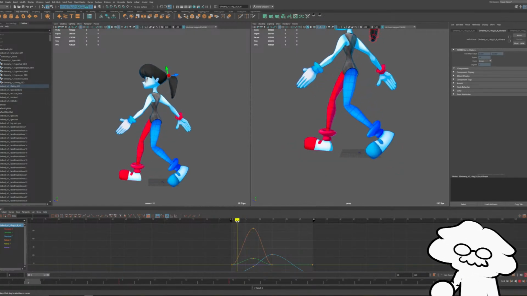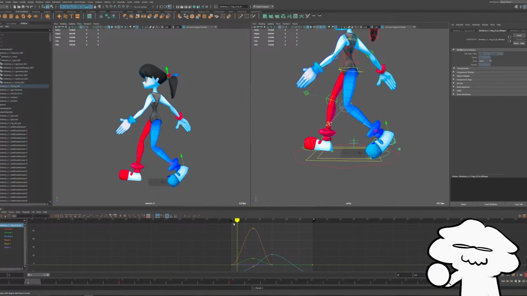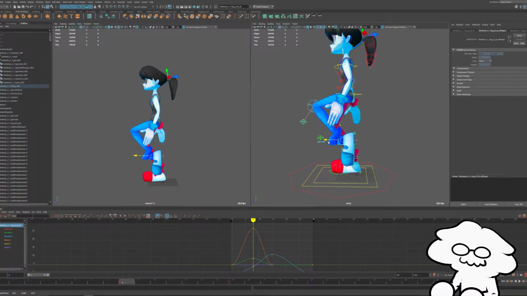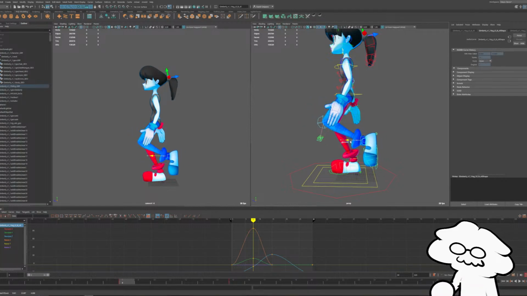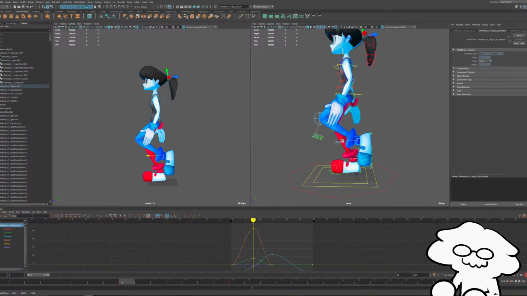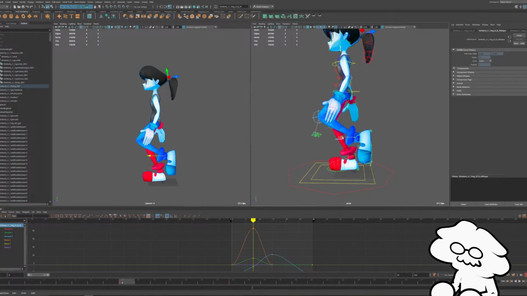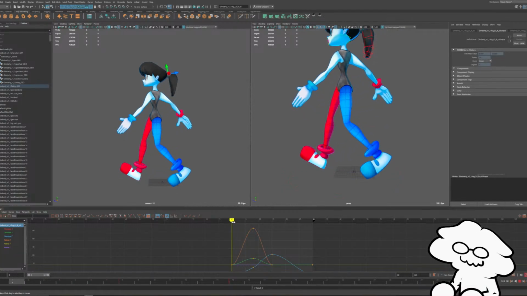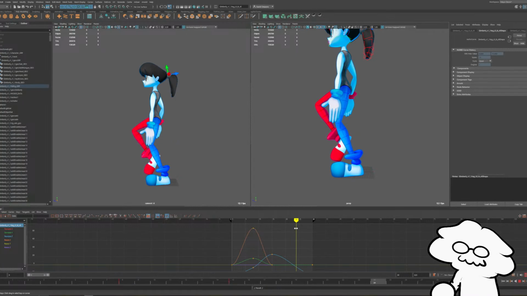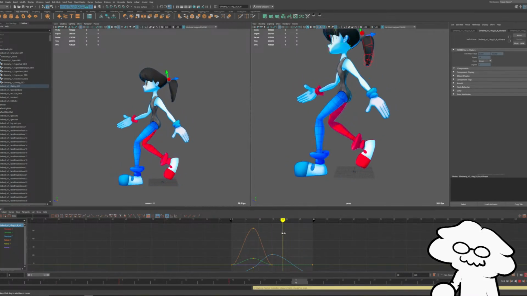Because again, this is when we start to think about the main walk cycle poses. Contact, down, pass, up, contact. On the pass pose, we don't want the knee to be too far forward. The knees should be around the same level and sort of passing each other. Right around there. Something like that. Okay, I think that's generally where we want it to be.